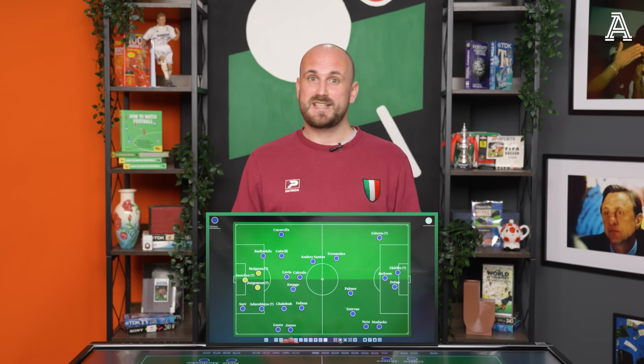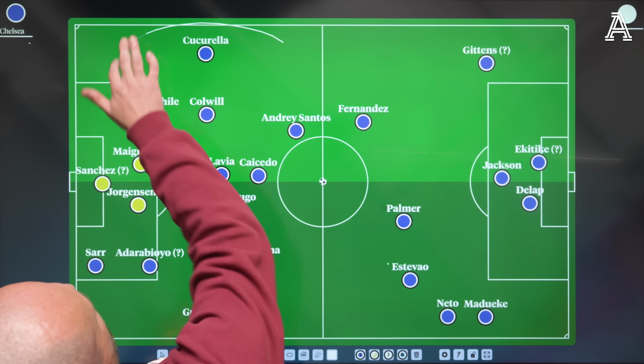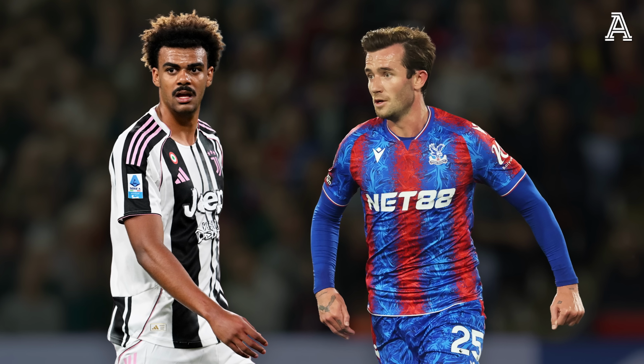Even with all this summer activity though, there is still a clear area of weakness in the squad: the left-back spot. Of course, Chelsea could run Marc Cucurella with Renato Veiga or Ben Chilwell as backup, but they loaned out both players in the second half of last season, so it looks as though they'll try and move them on if possible. They do also have an exciting young prospect in the form of Jorrel Hato